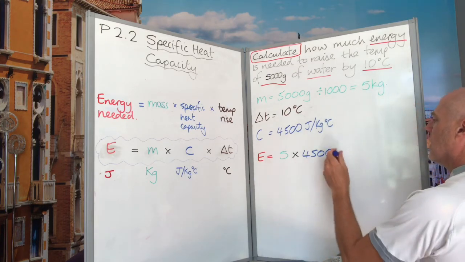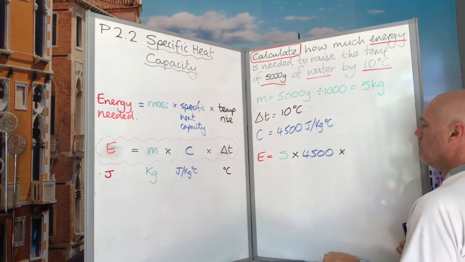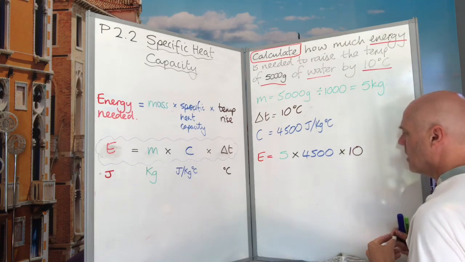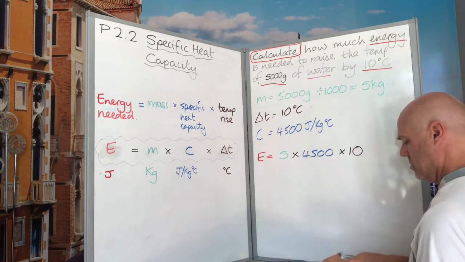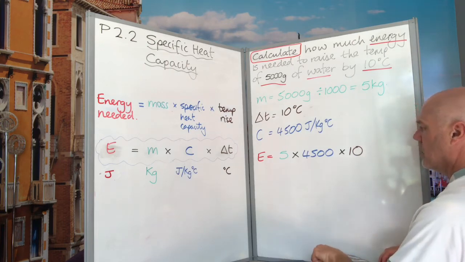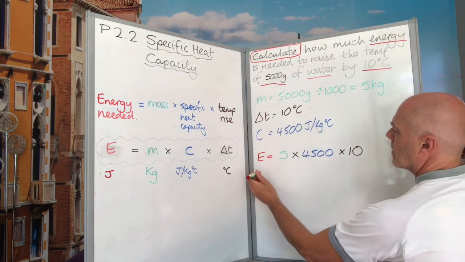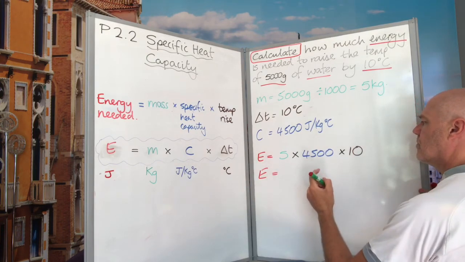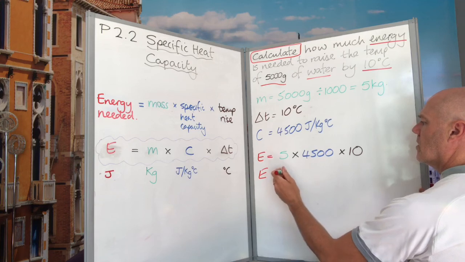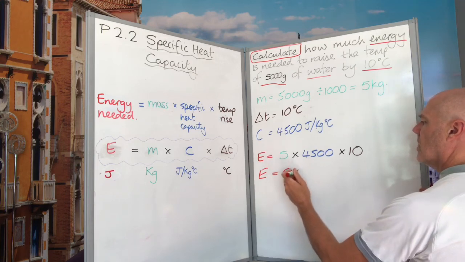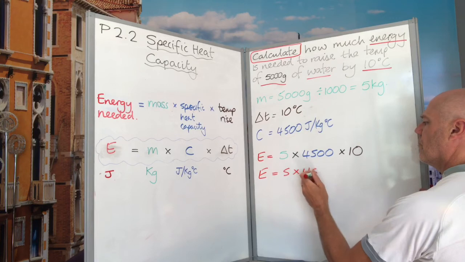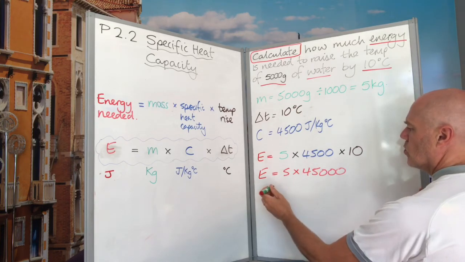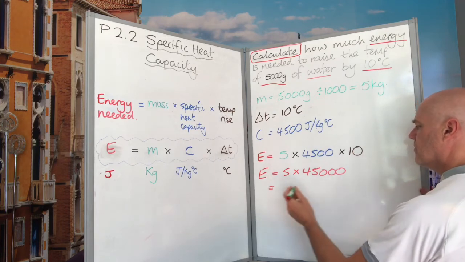So we're going to multiply that by 10. Okay. So energy is equal to 5 multiplied by 45,000, which is equal to